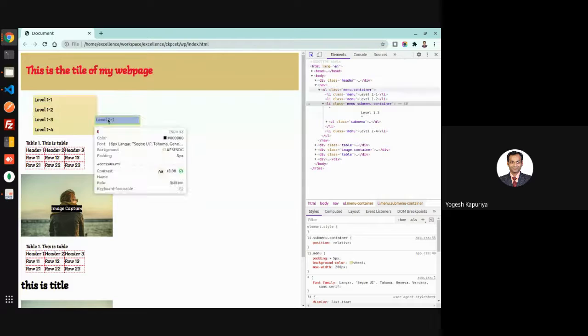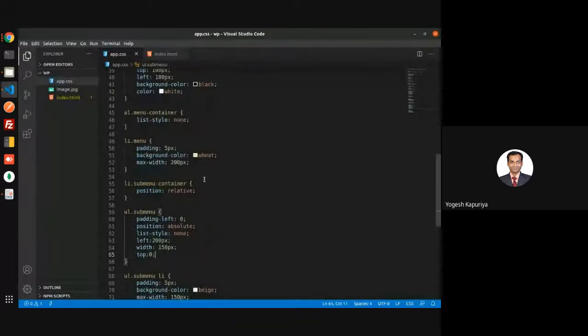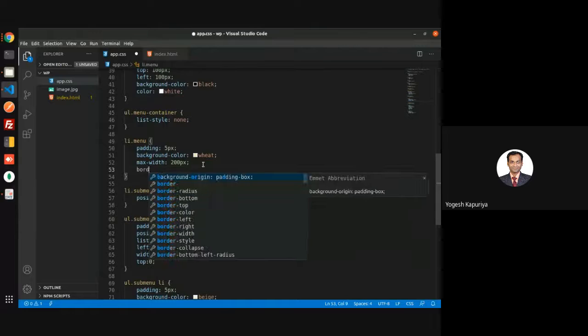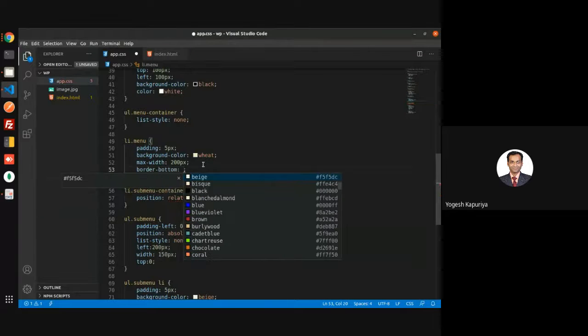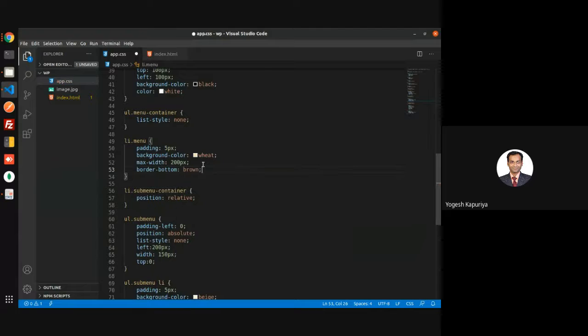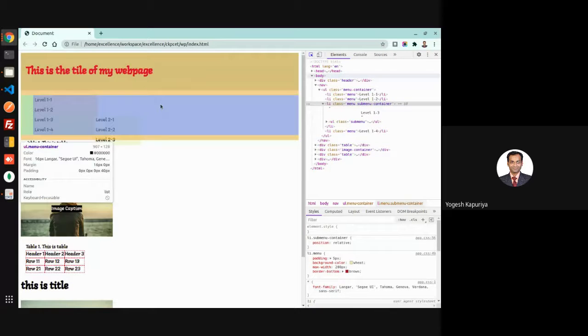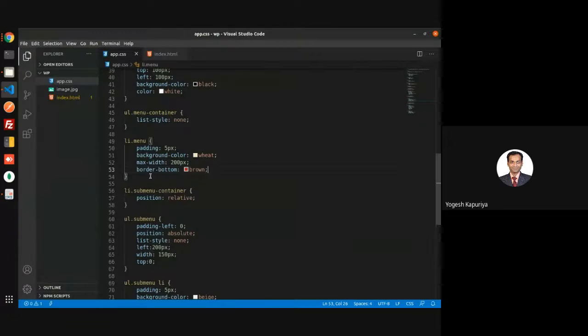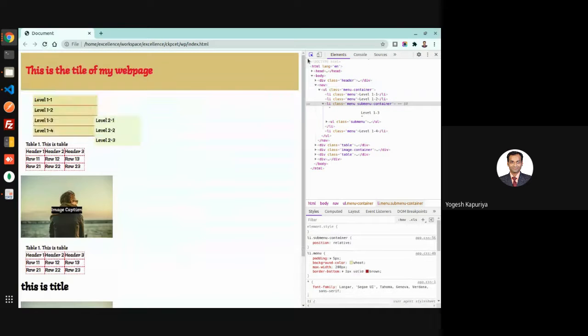So now if you see, let's put some border so that you can get an idea where actually it is rendering. Okay, so now you can see this is your level 1, and it is also containing a submenu, and you want your submenu to come somewhere over here.